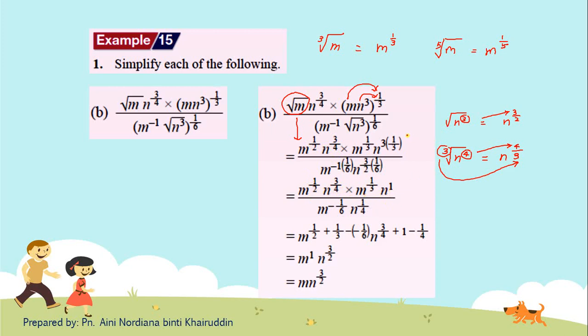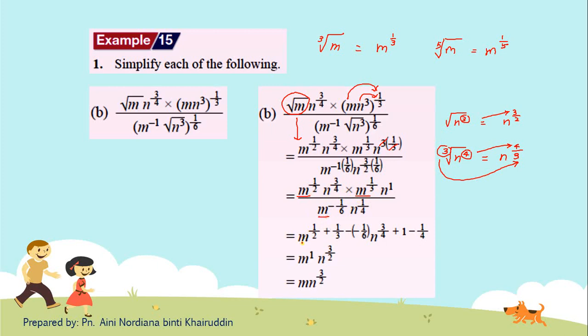For this, we calculate this. 3 times 1 over 3, cancel out 3. Then we get 1. So negative 1 times 1 over 6 is negative 1 over 6. n to the power of 3 over 2 times 1 over 6 is 1 over 4. Once you have done this, you can look at the same base and